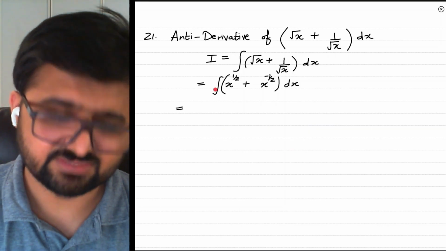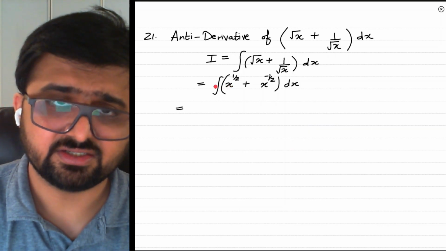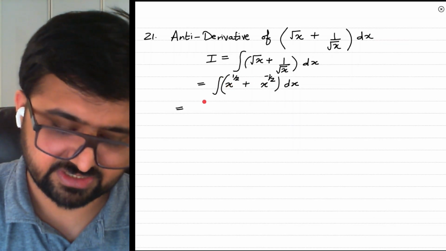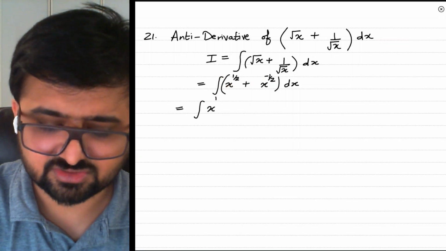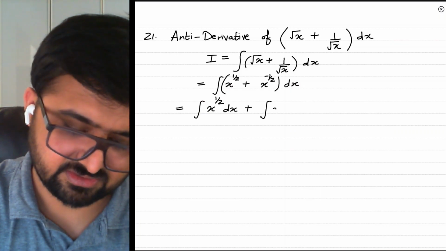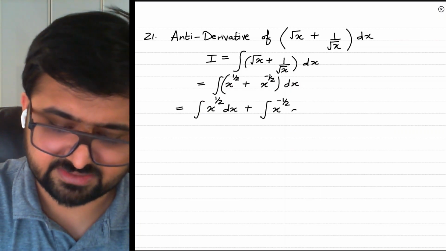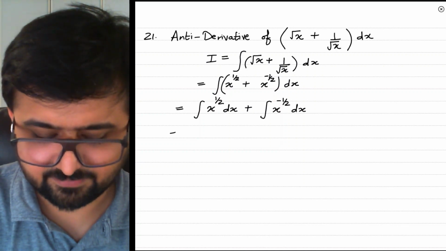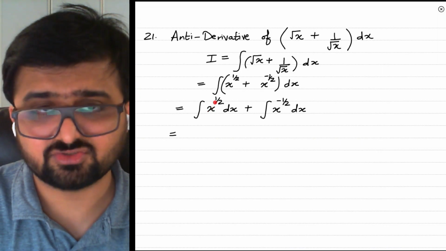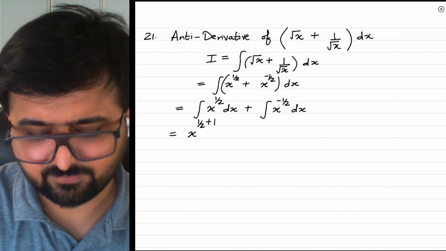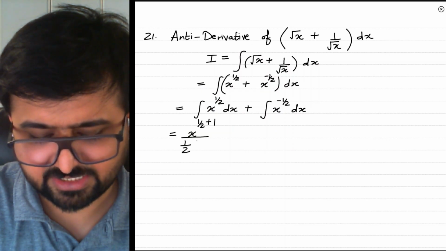Okay, now simply we can integrate this, or we can give the integral first to both the terms. So we get integral of x to the power half dx plus integral of x to the power minus half dx. Okay, now you can simply apply the formula of x to the power n, which is x to the power n plus 1 over n plus 1